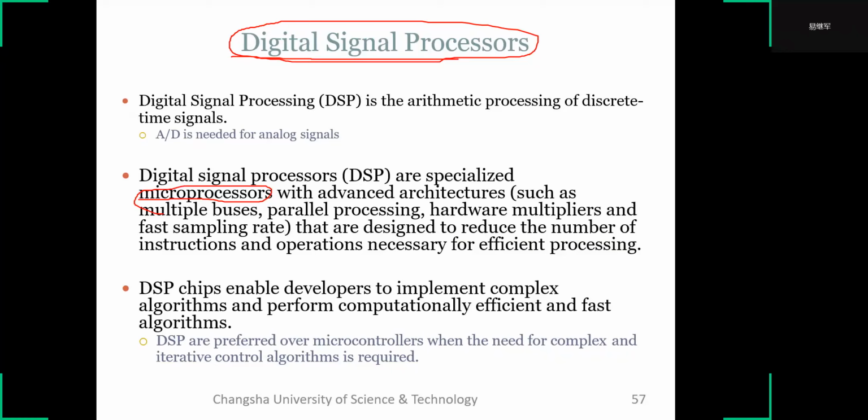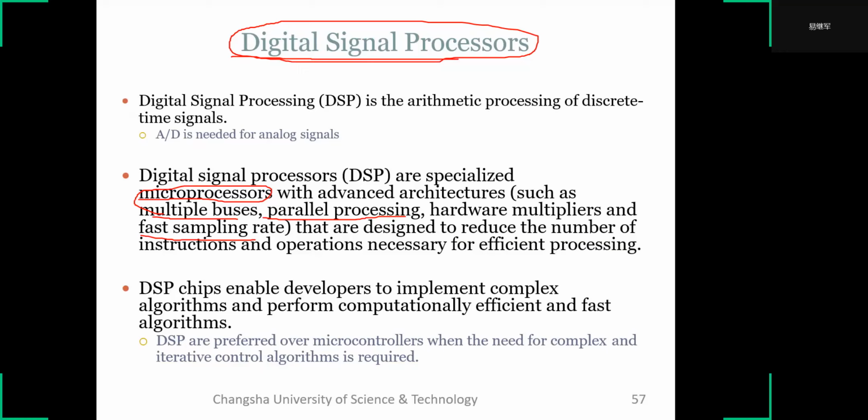such as multi-buses, parallel processing, hardware multipliers, and fast sampling rate. That are designed to reduce the number of instructions and operations necessary for efficient processing. Which means